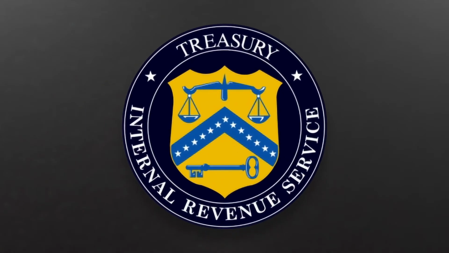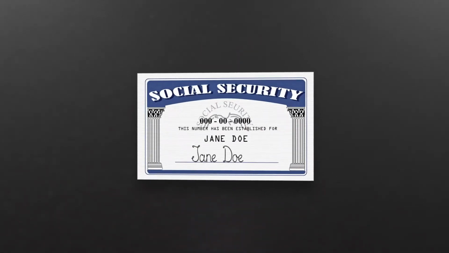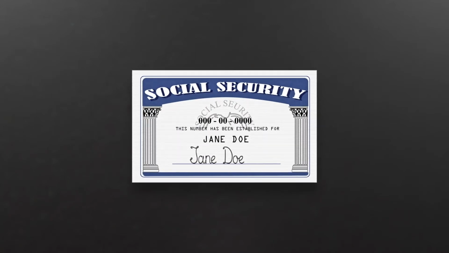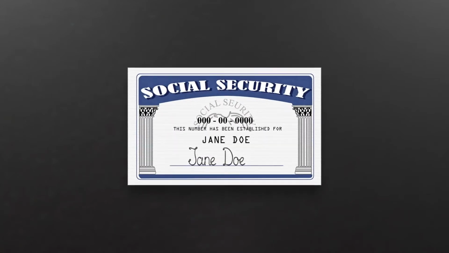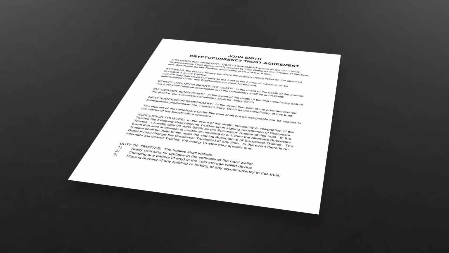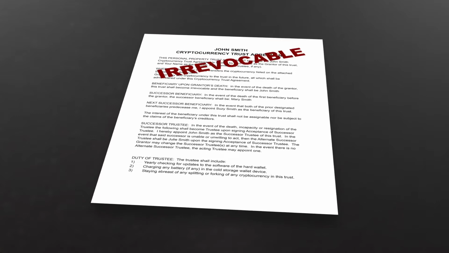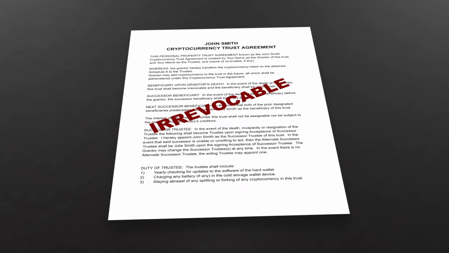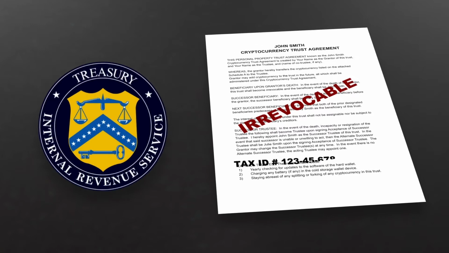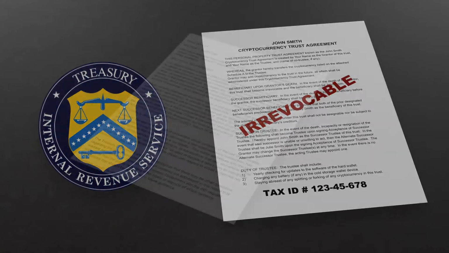The next most common question I get is, who pays the income taxes on my crypto? Since you're the grantor, all of the taxes stemming from your crypto are your personal tax liability, even while the crypto is in your trust, and it's through your Social Security number. In other words, when an institution requests a Social Security number or employer identification number for the trust property, you use your own Social Security number. And when the grantor of a trust dies, the living trust becomes irrevocable and the successor trustee will apply for a tax ID number from the IRS to pay the trust taxes.